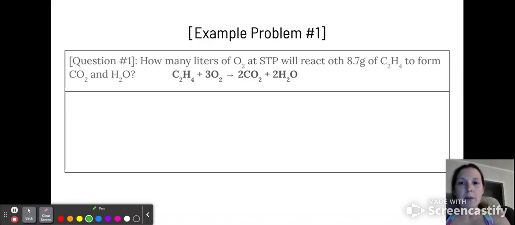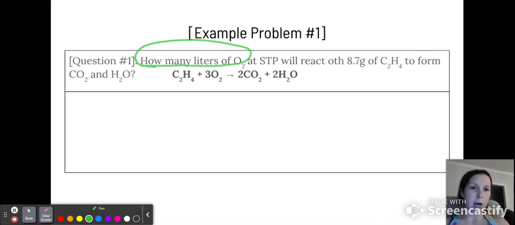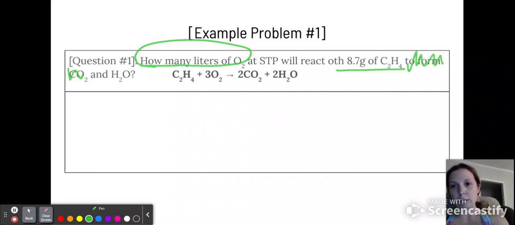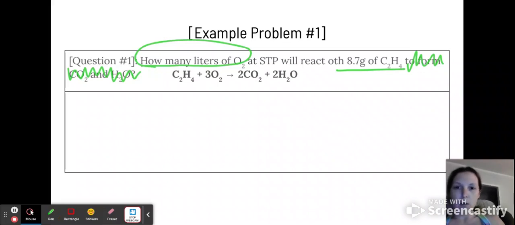So we have how many liters of O2, so that's what we're looking for, at STP, will react, let's say, with 8.7 grams of C2H4 to form CO2 and H2O. And I would suggest, if this CO2 and H2O is going to confuse you, you need to scribble that out, because we're only dealing with the one that we're given an amount for and what we're looking for. Okay. So now